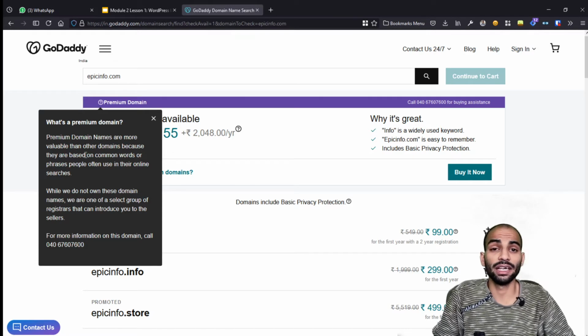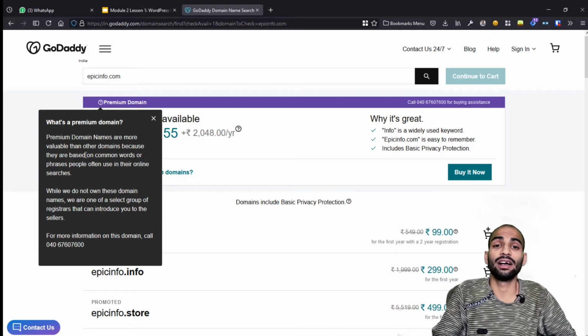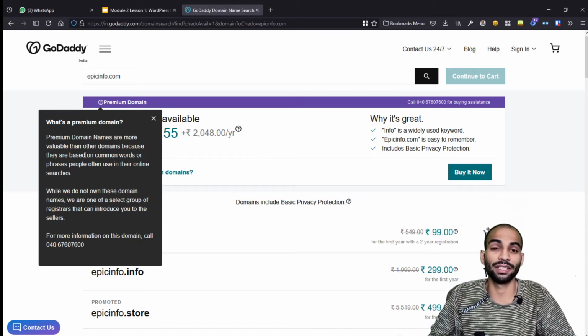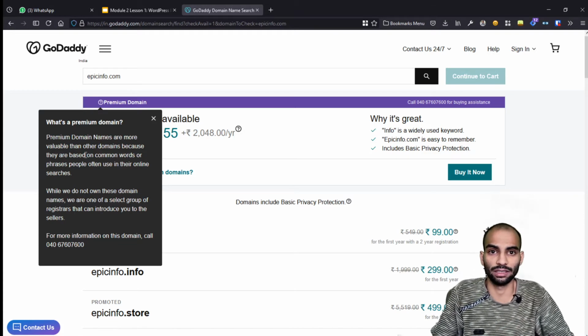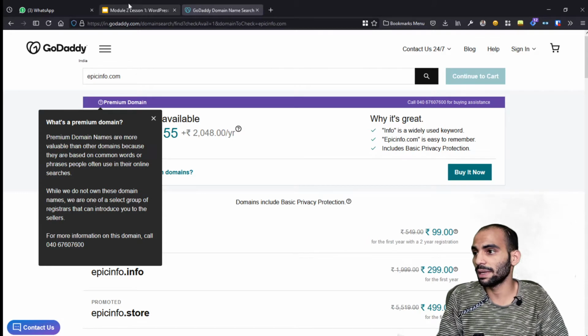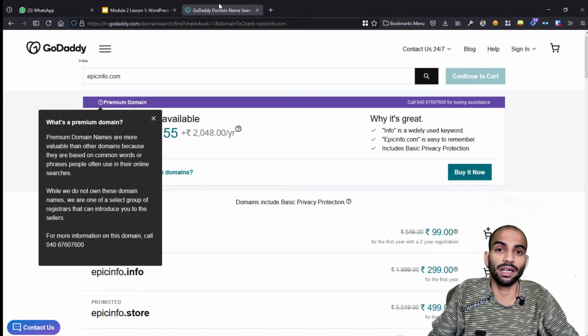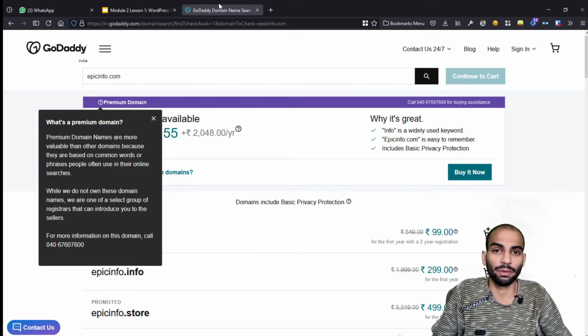In the same way, here we have some premium domains, and a lot of people are also reselling domains. They book the domain name and then list it to resell. That is a complete business model, where you find really good names, book them, and then sell them to other people at a higher price. So that is what a premium domain is, and it is one of the things you should be worried about, because you will probably not be able to find the right domain name for you.